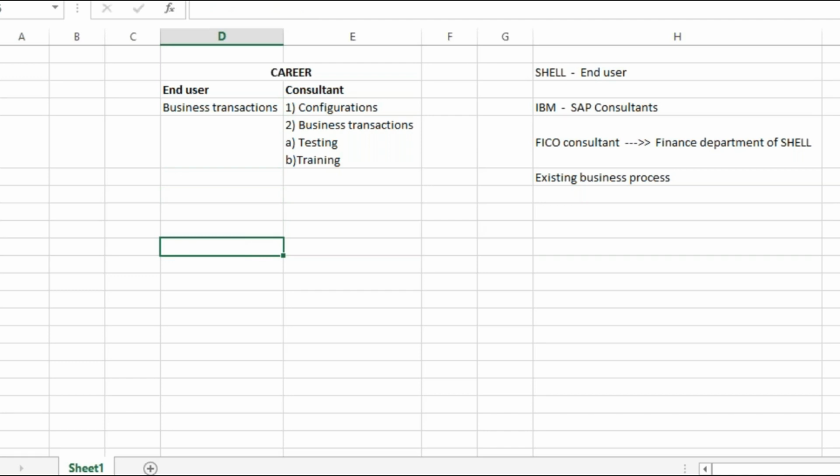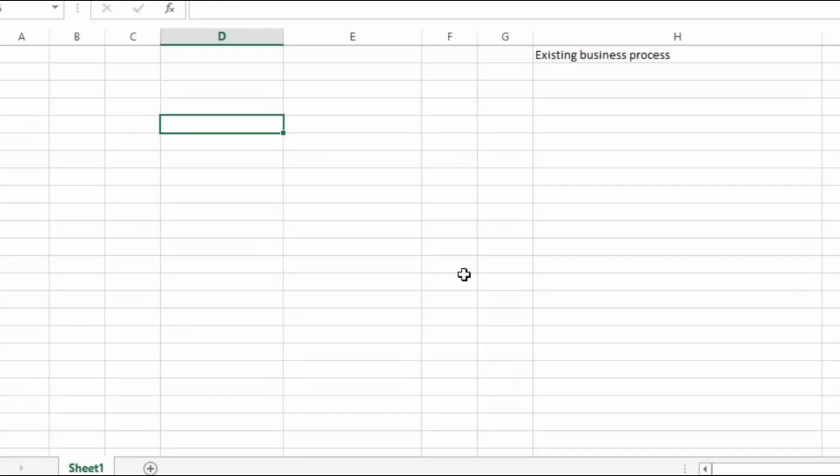Next, architecture. Though not a part of the functional consultants' syllabus or curriculum, the terminologies are very important to know because they're used in a consultant's day-to-day life. Everybody would be knowing it, even sometimes the user. So you will use these terminologies day to day, whether you're a functional consultant or a technical consultant.